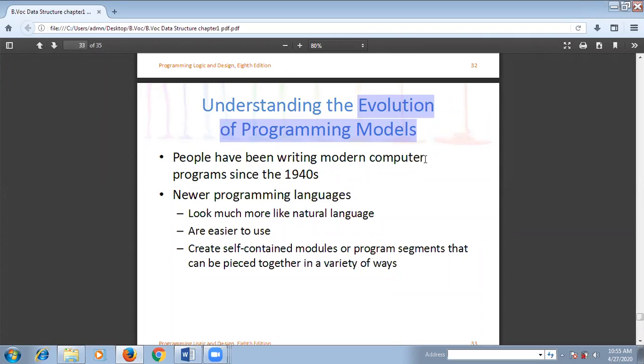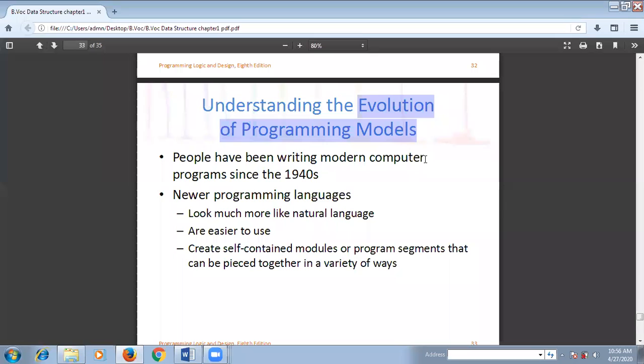Those are the older programming languages. Some innovations happened day by day, decade by decade, and today in the 2020s we have modern programming languages. Let's see the main notifying point in the evolution of programming models: the older programming languages are not like natural languages.